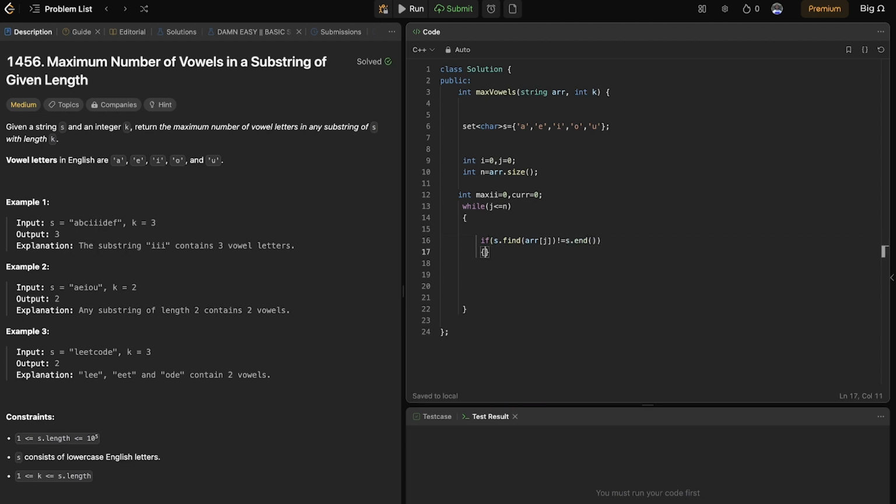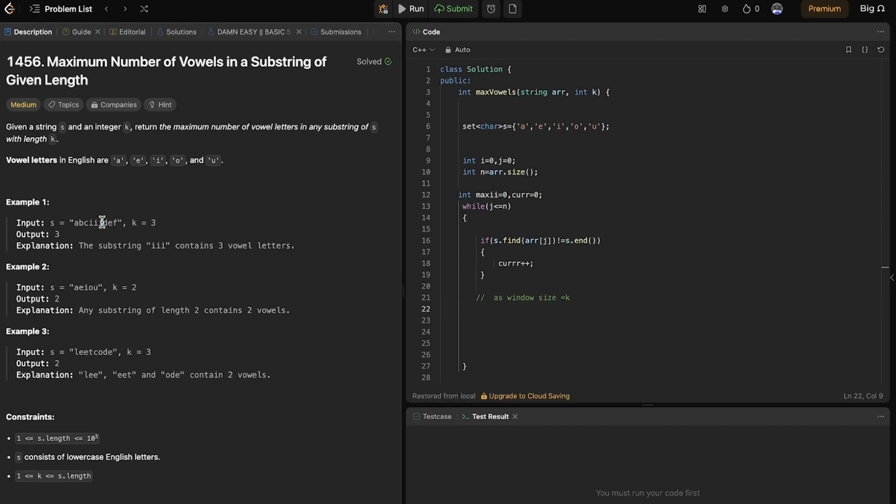It means if your character is a vowel, it exists here, then you'll increase the count of your current vowel, which will be current plus plus. As soon as your window size is k,